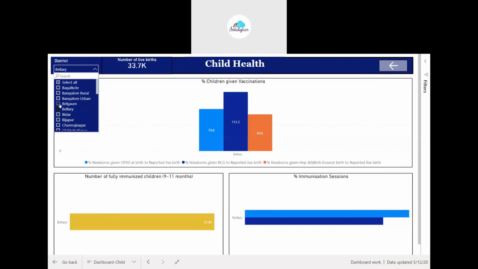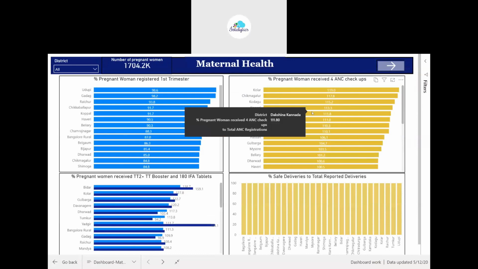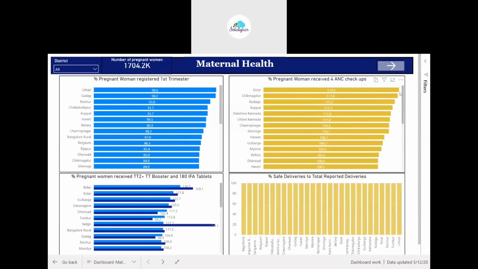Don't think this is all; lots of things can be done, lots of designing and labelling. It's only the 2 to 3 hours that I have spent so far. Lots of things can be done, that's what the tool is for. Maybe you can have multiple pages, publish the dashboard to any website, and you can launch any kind of dashboard in 10 to 15 days. That's what I just wanted to say.